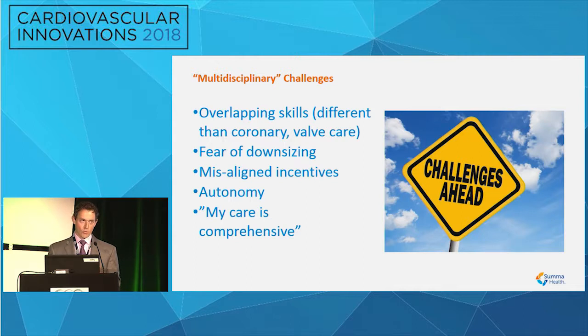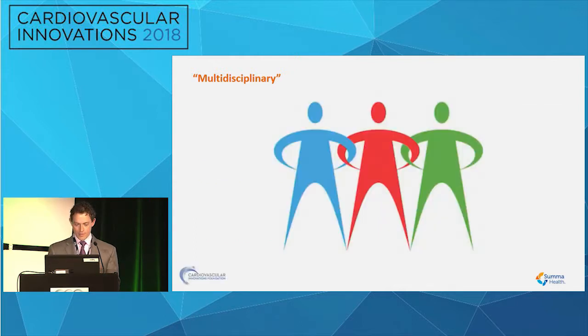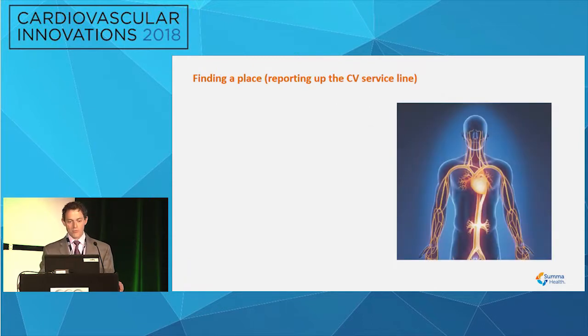This is something you might encounter when you enter a health system and there's, say, a vascular surgeon that says, look, I do endovascular work and I do surgery. Why do I need another endovascular specialist in my health system? So if you have these different disciplines within a health system, how do you get them all to collaborate and coordinate and get along with each other? What are some different ways to do it?